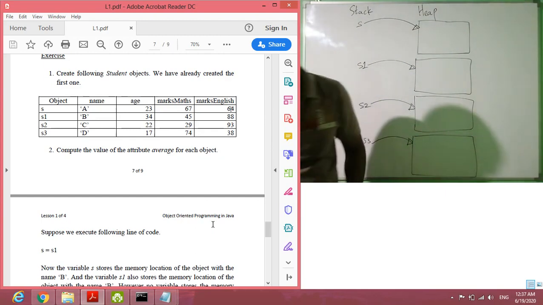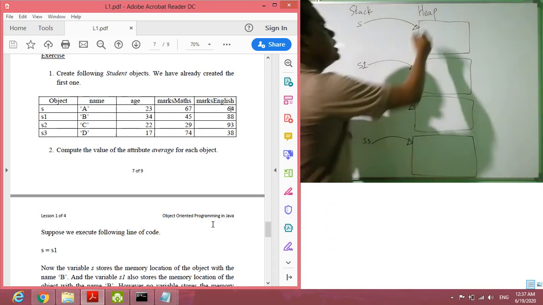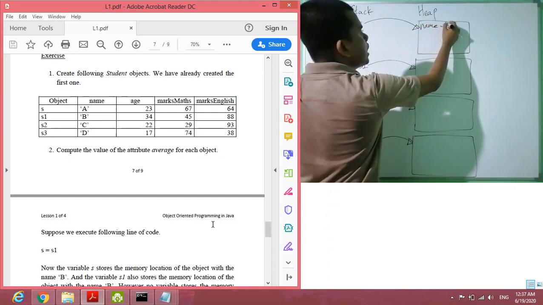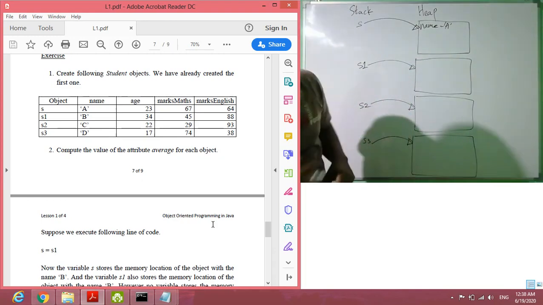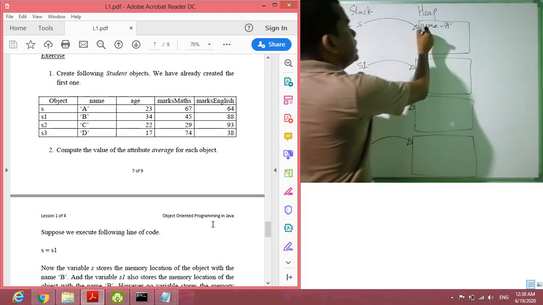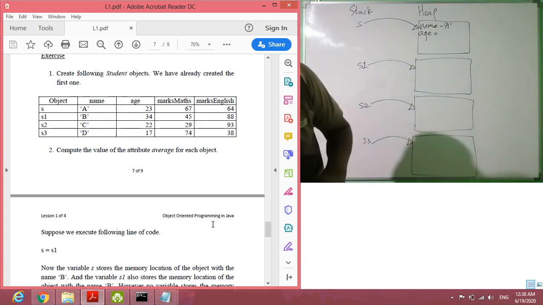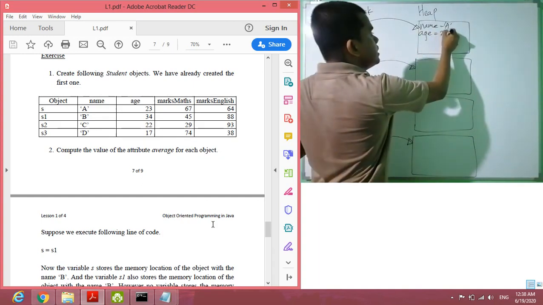And here we have name attribute, there we have put A, then age attribute, here we have put 23,